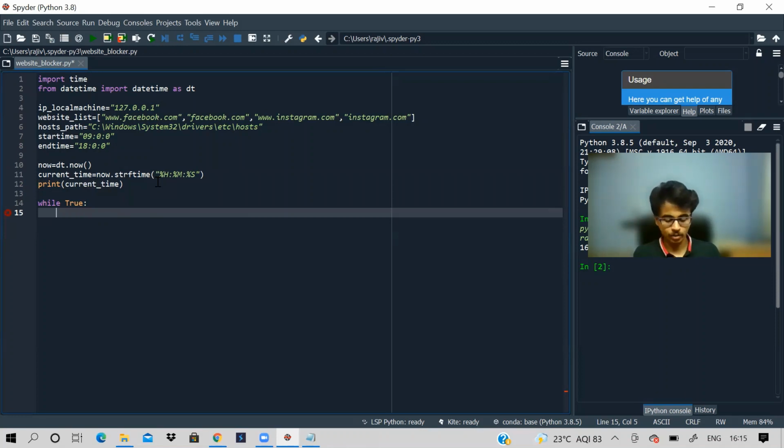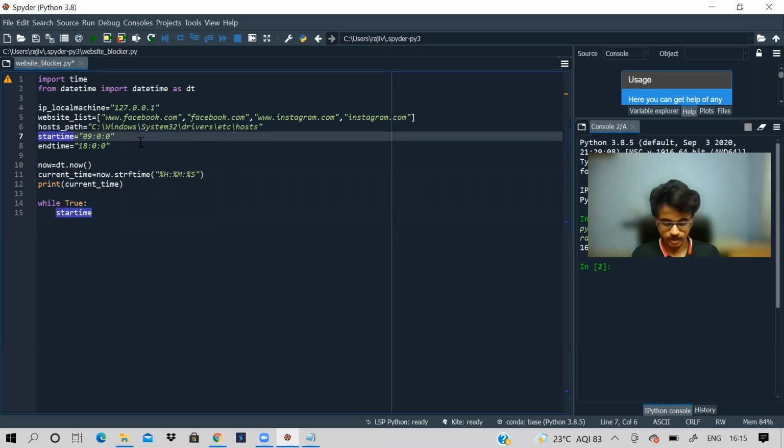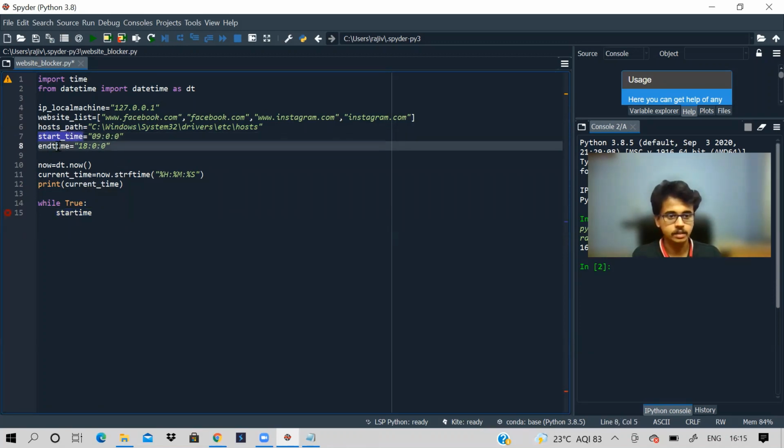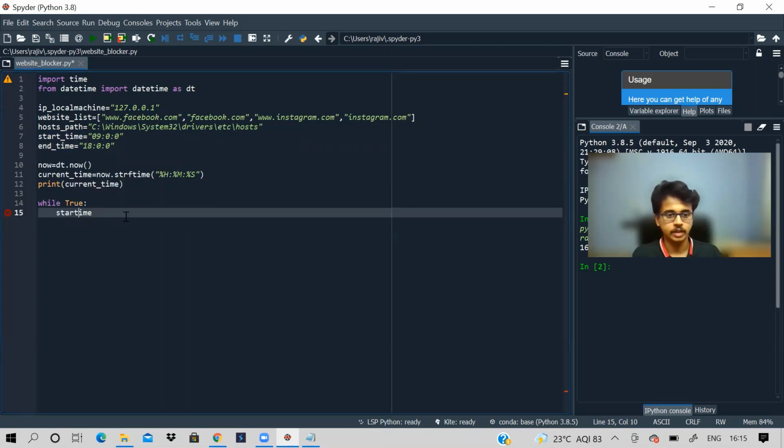So while True, I say if start time is less than or equal to current time, and current time is less than or equal to end time.